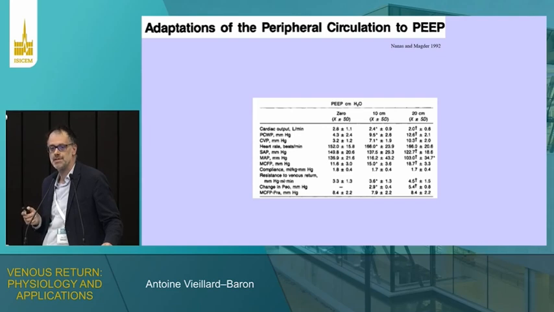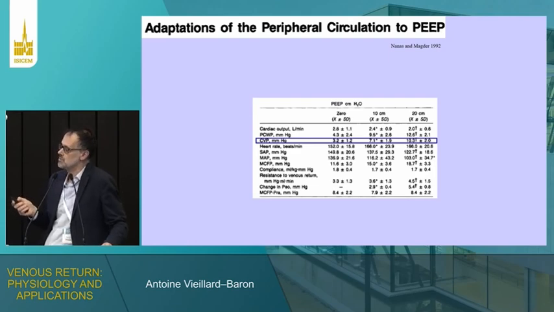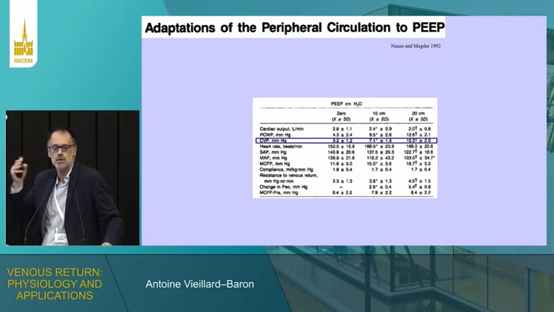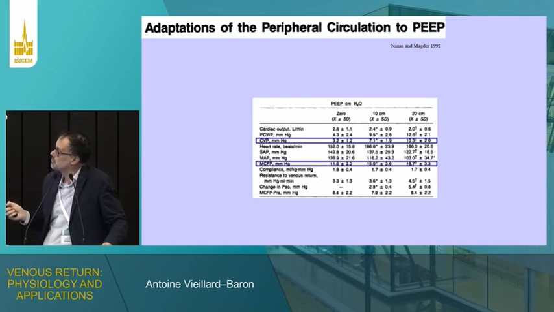So just once again, this is a model of PEEP trial, increasing the PEEP from 0 to 20 centimeters of water. And they recorded the different parameters. The first one is the CVP, the intravascular CVP, and as expected, the intravascular CVP increased along the PEEP trial. So this is just the transmission of pressure. They were able to report the mean systemic filling pressure, and surprisingly, as I told you, the mean systemic filling pressure also increased during the PEEP trial, and from the same level as the increase in the CVP, which means that at the end, the driving pressure for the systemic venous return